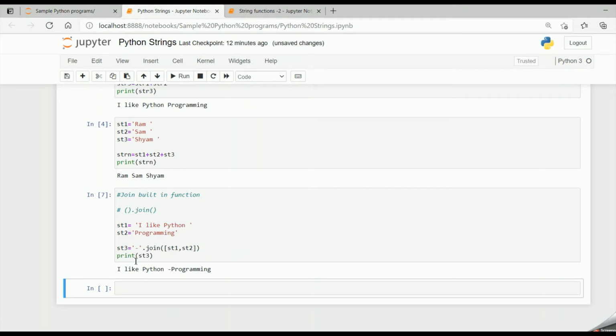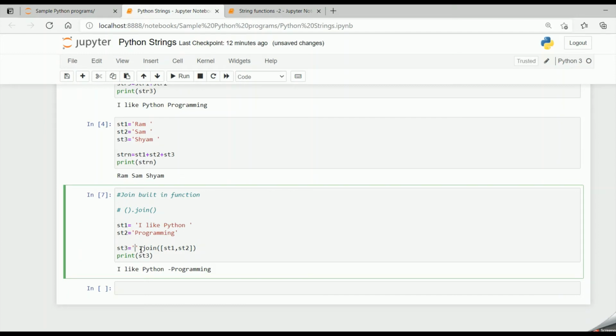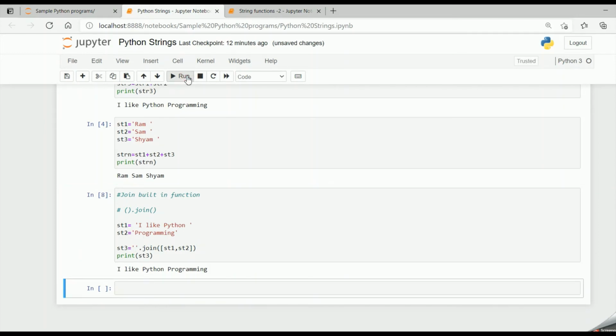So it will first print the first string completely, then the separator will be added and the string 2 will be concatenated. In this case we don't want a hyphen, we just want a space, so we can just run without giving any separator. So this was the second concept for you friends. It was concatenating by using the join function.